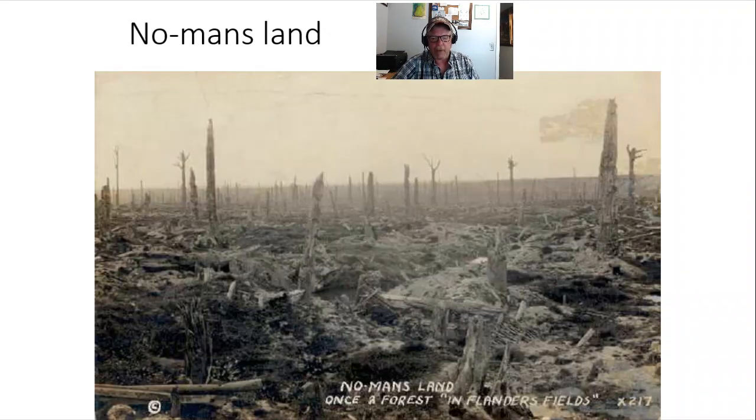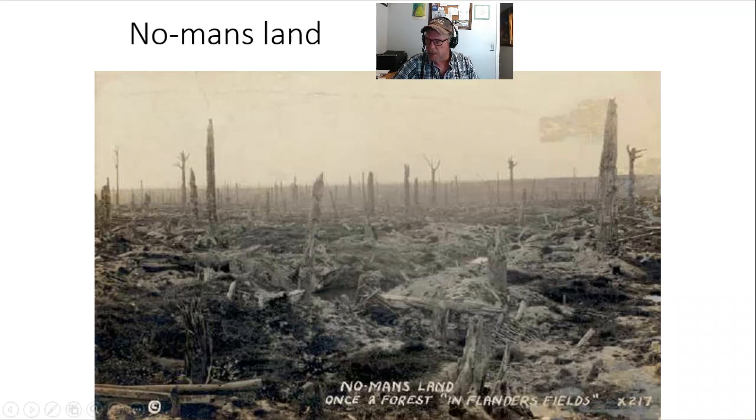This is what no man's land looks like. It's a place called Flanders Field. And we'll get to that again. I'm hitting about the 50-minute mark, so I may stop when we get to new weaponry and make a part 2 on this. But again, this back and forth, constantly fighting across this area, because you've probably got a trench